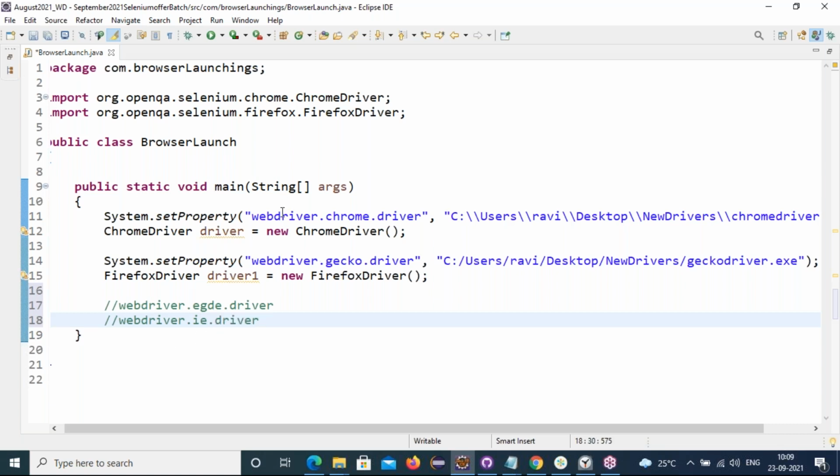Understanding, friends? The first argument we give is this one; for Edge it is edge.driver, for Internet Explorer it is ie.driver, and then we give the path of that Edge and IE driver. Of course, Edge and IE are both Microsoft only. After IE stopped, the advanced IE is Microsoft Edge.